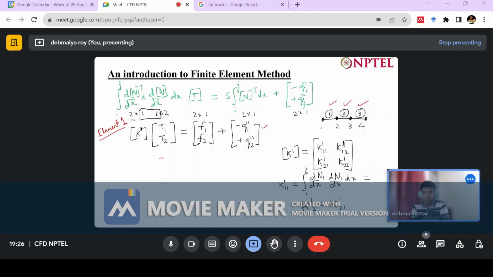And what will happen when we try to assemble this? So let's first write down the unknowns. T1, T2, T3, T4. These are the unknowns. So this is my T matrix. I have written this down. So this will be equal to,